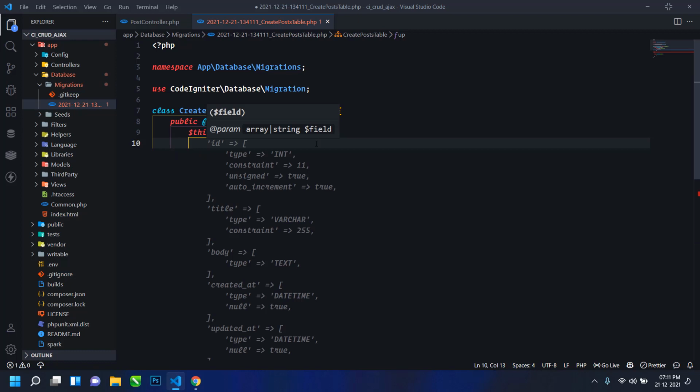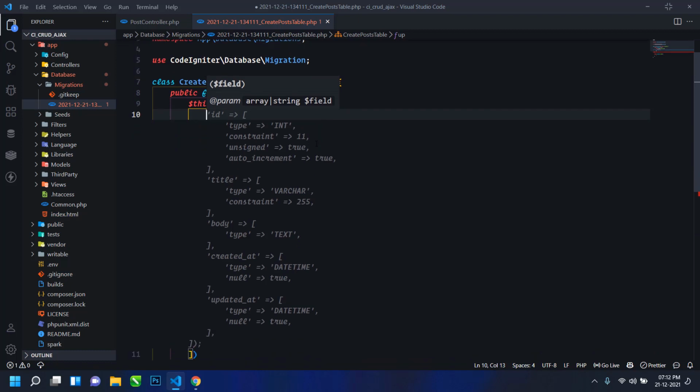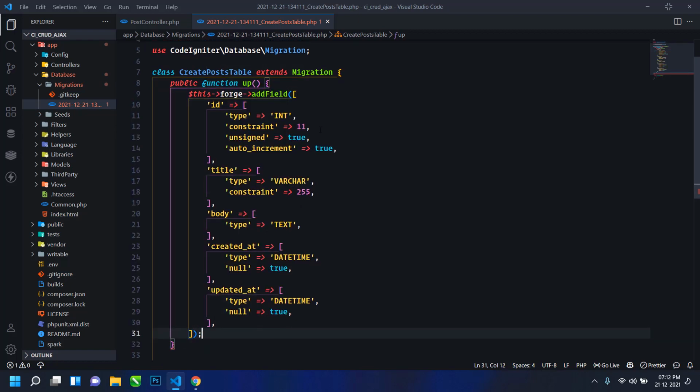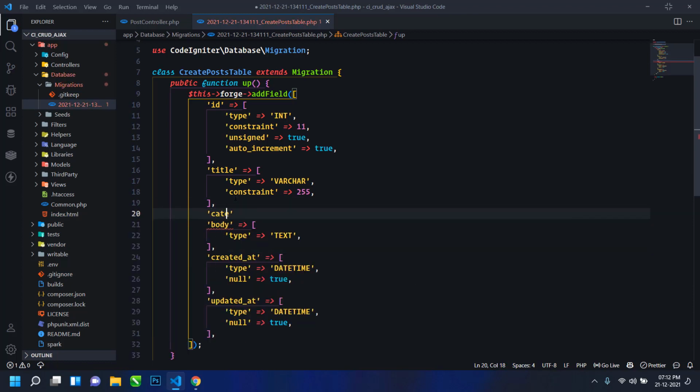GitHub Copilot is suggesting some fields. I will accept this, just remove this. I need id, so this is okay. I also need title, body, created_at and updated_at, and I will add 2 more. First I will add category, so just write category.